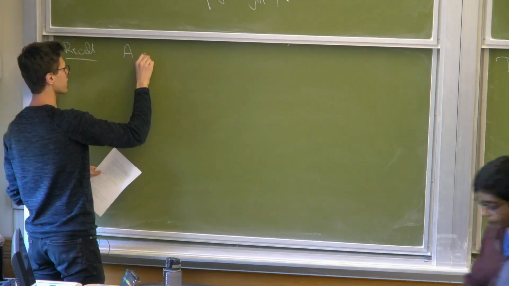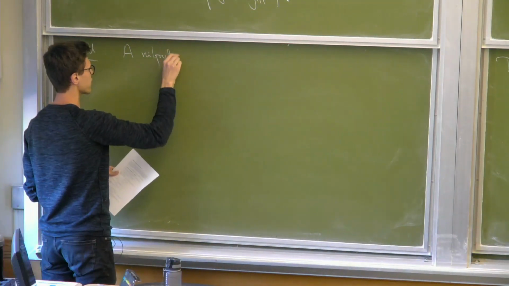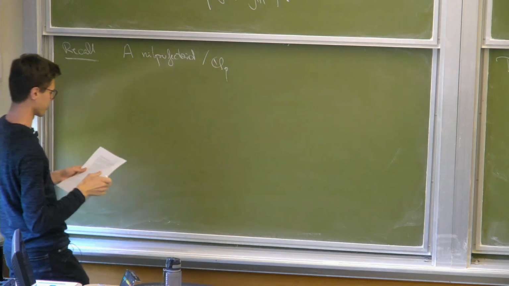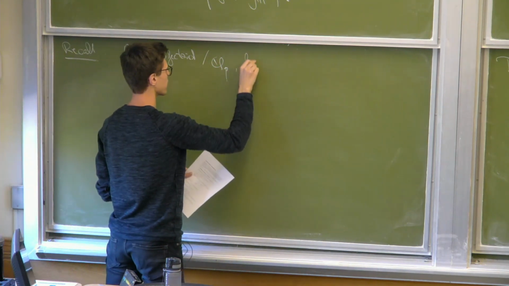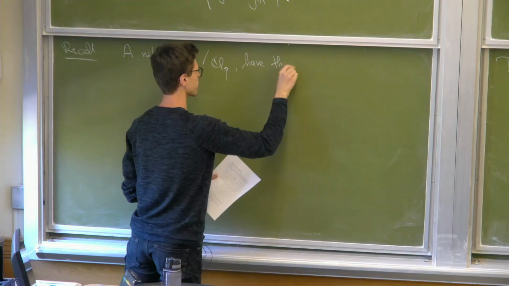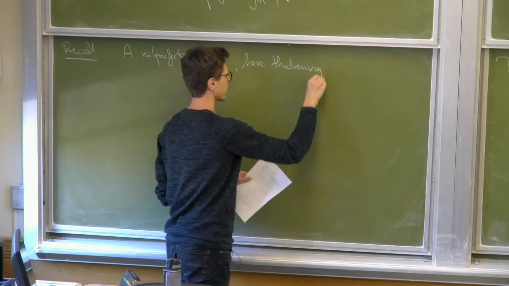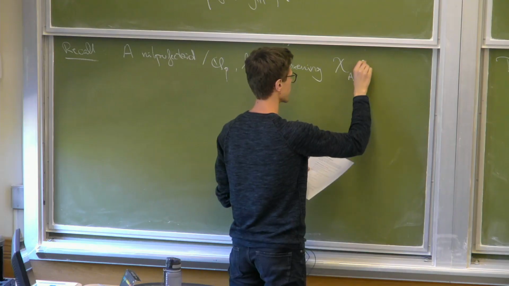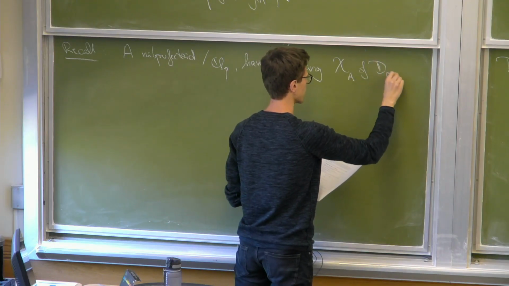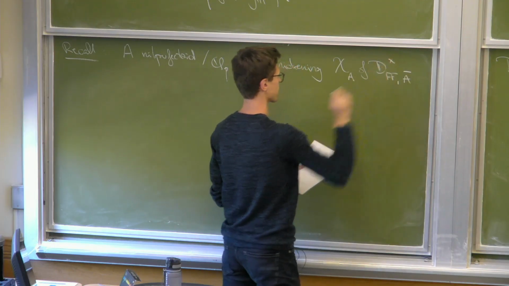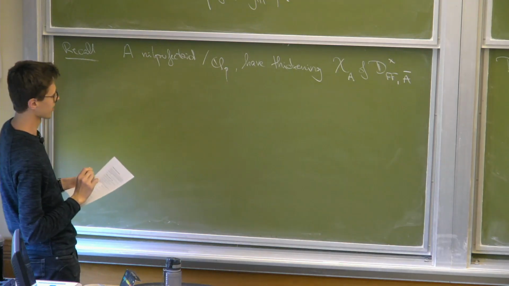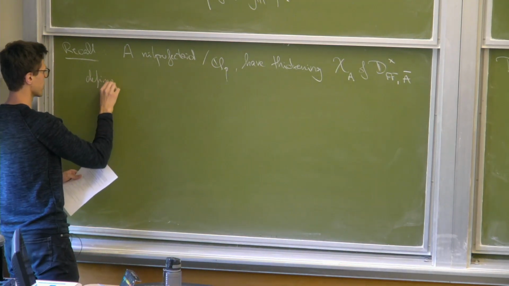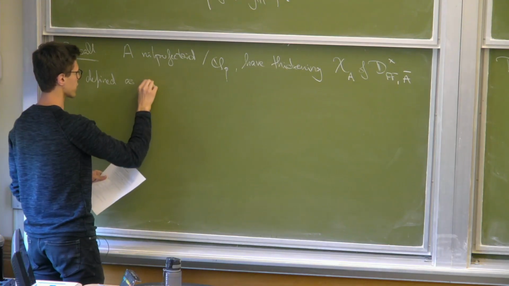For each nil perfectoid ring A over Q_p, he introduced the thickening, denoted X_A, of the punctured Fargues-Fontaine disk associated to the reduction. And this was defined as a push-out